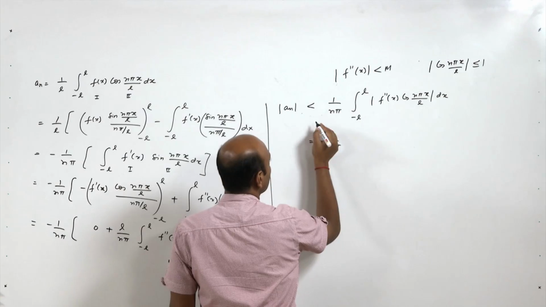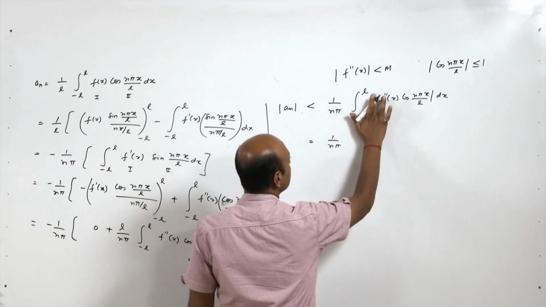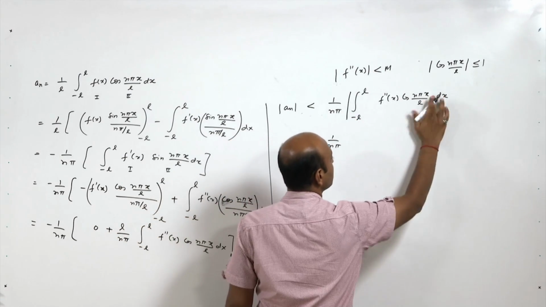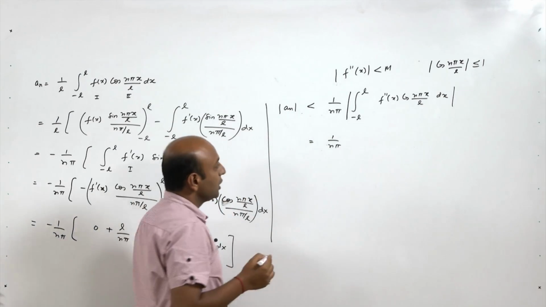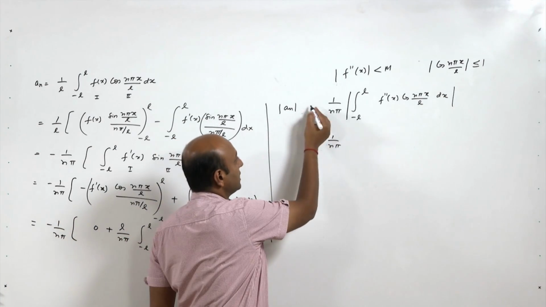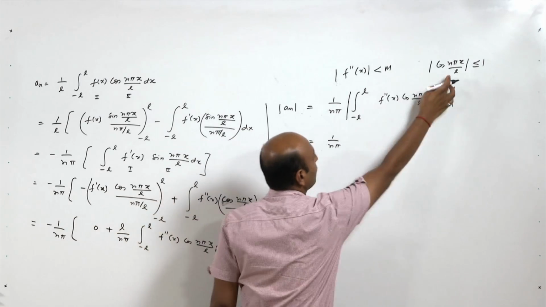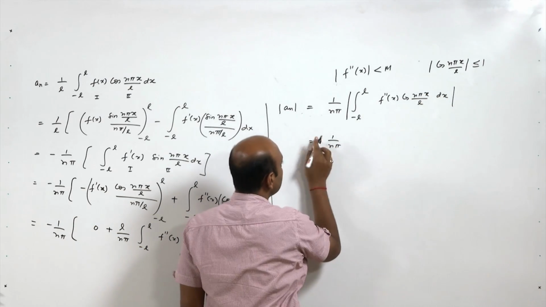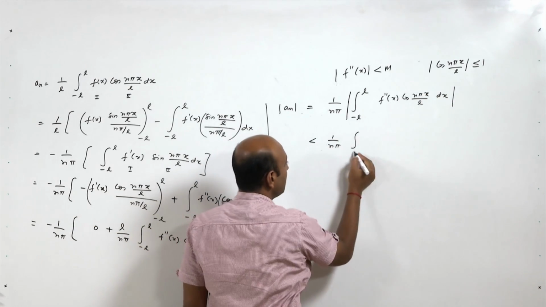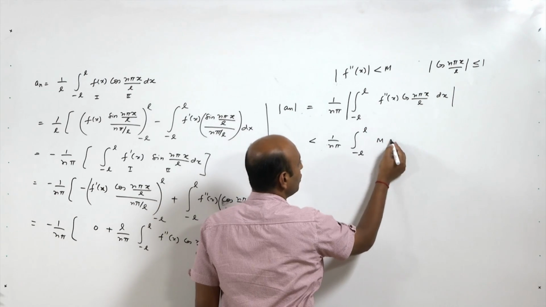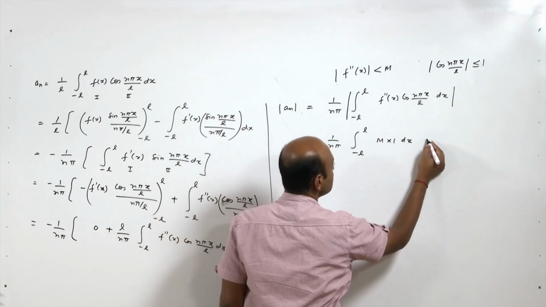It is less than the mod of this, the mod of the entire expression. Now, when you take this inside and apply these inequalities, this is less than the integral from minus L to plus L of M into 1 dx, which is nothing but,